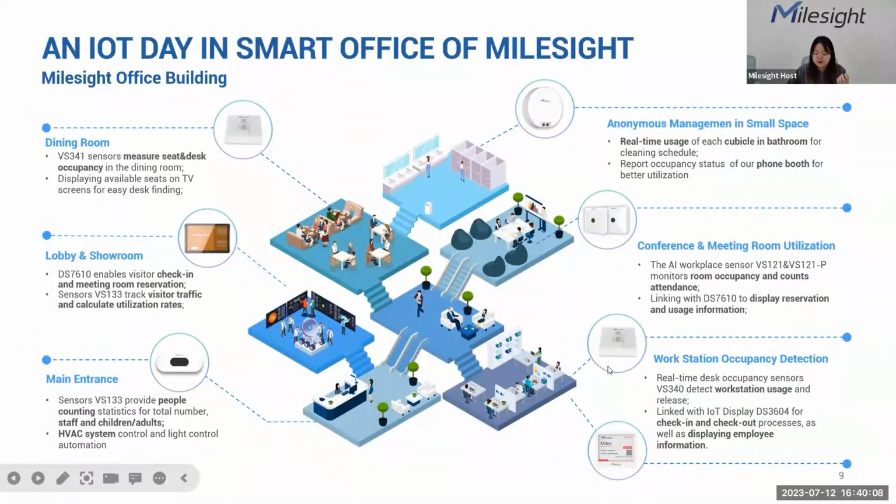And when we talk about the workstations, each one of us owns a desk in the office, right? So there is the DS3604, the e-ink display to display the information of the desk owners. And we are planning to install the VS340, the desk and seat occupancy sensors, in September, because this product I think is planned to be released in September, so that we can realize automatic clock in and clock out